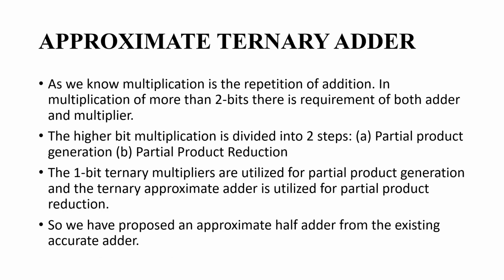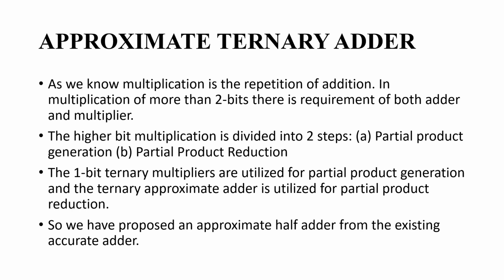As we know, multiplication is repetition of addition. When we go for higher bit multiplication, addition also has a very great influence on the complete multiplication. So higher bit multiplication is divided into 2 steps, that is partial product generation and partial product reduction. The partial product generation is done by the ternary 1-bit multipliers, and the partial product reduction has to be done by the ternary adders. So we have to propose an approximate half adder or approximate ternary adder to complete the